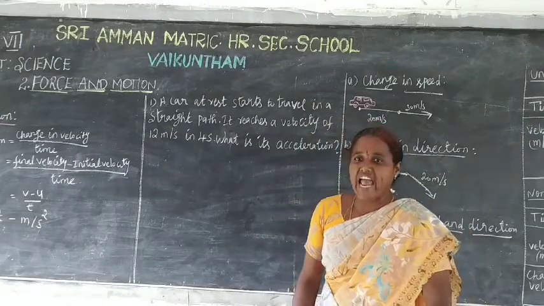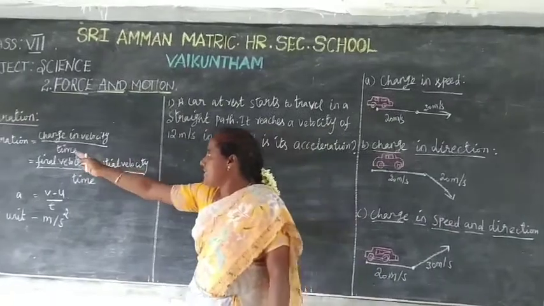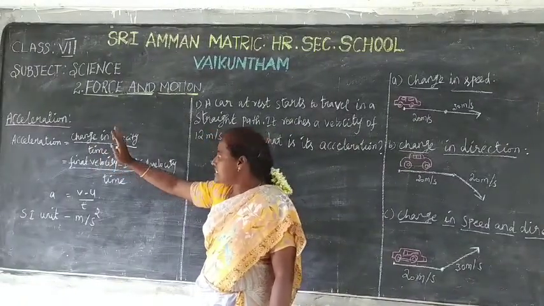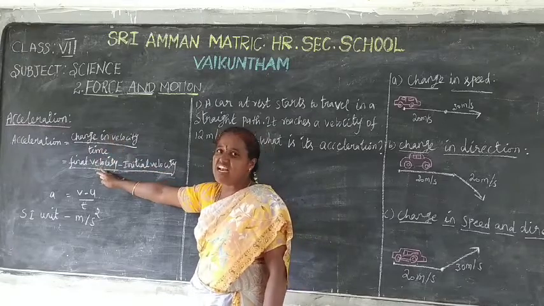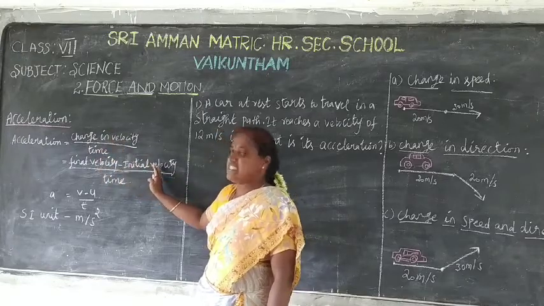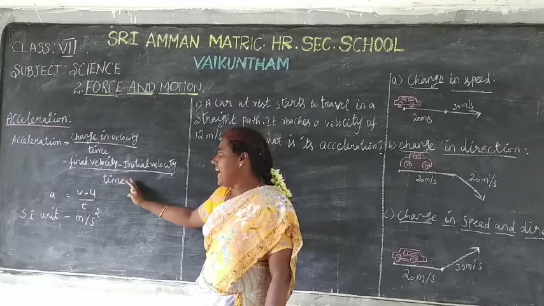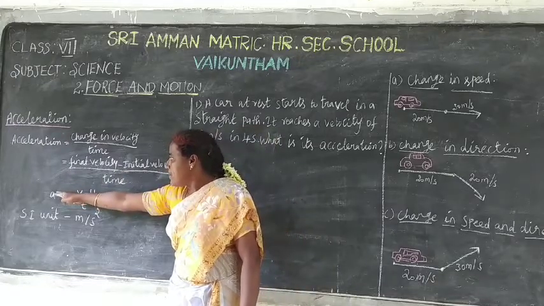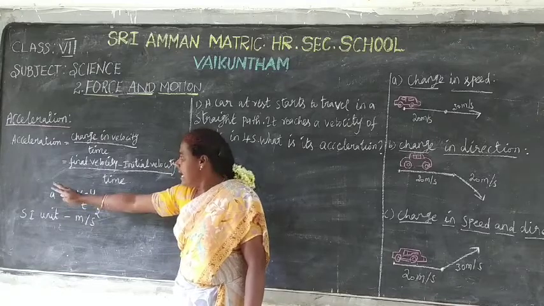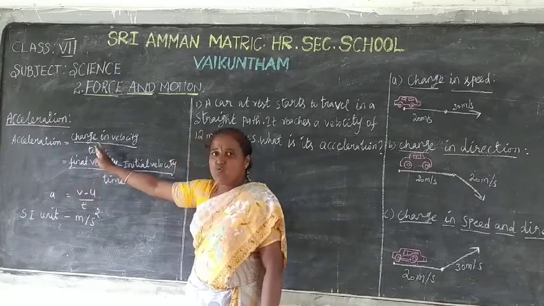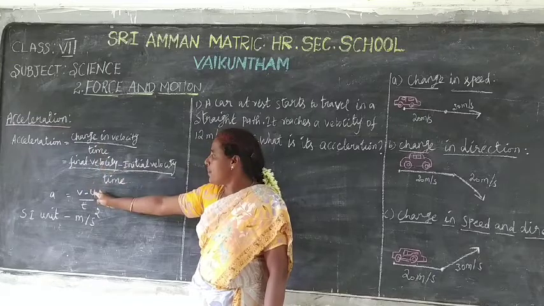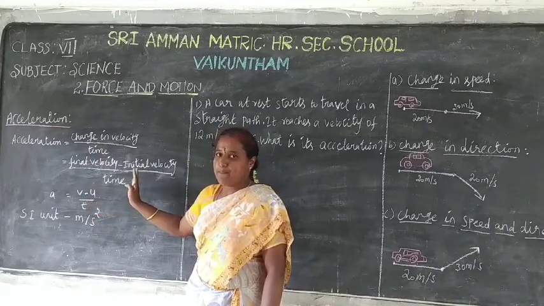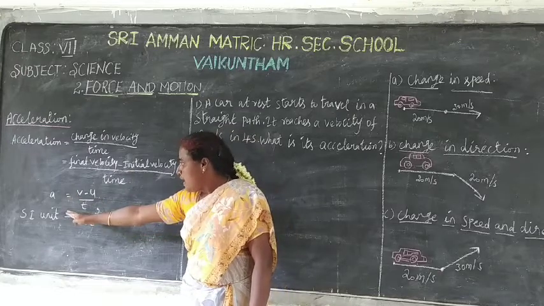Next, the formula for acceleration is equal to change in velocity divided by time. Change in velocity means final velocity minus initial velocity, divided by time. Here a represents the acceleration, v represents the final velocity, u represents the initial velocity, t represents the time. The SI unit of acceleration is